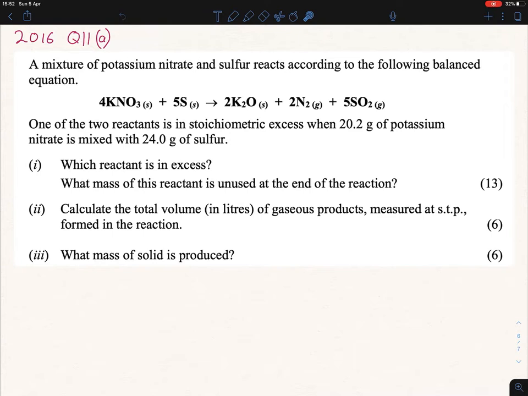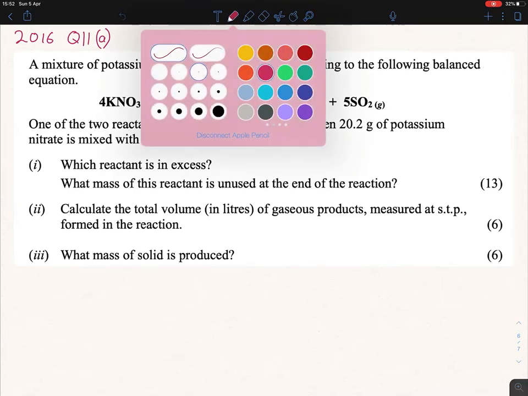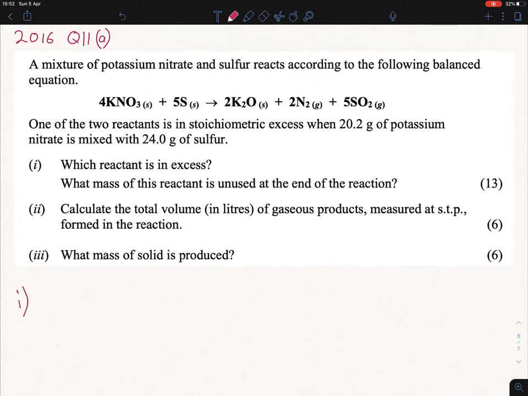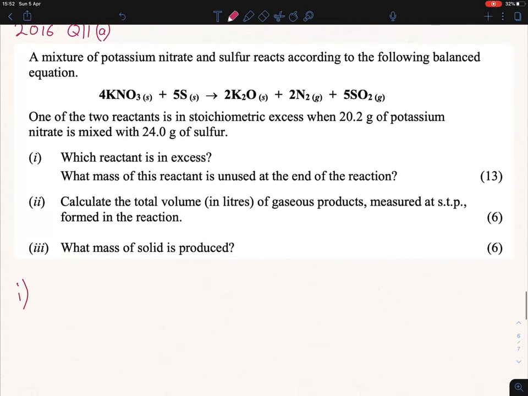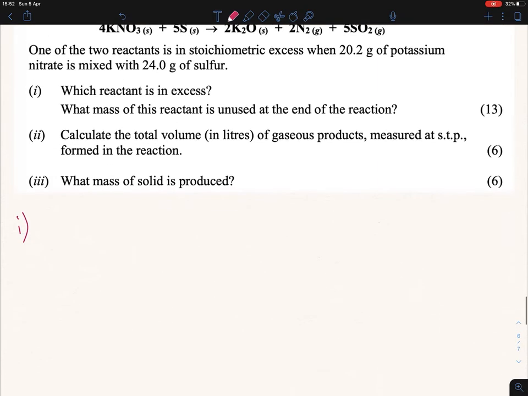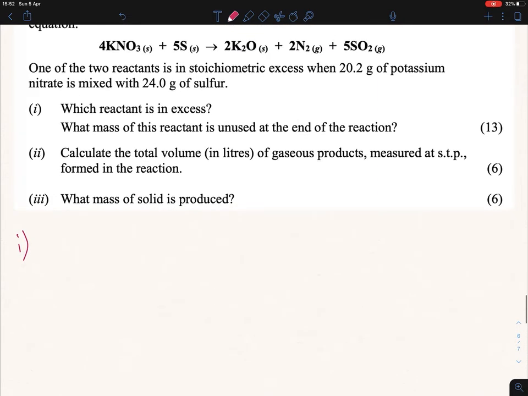Now, don't fall for the trap that just because sulfur there has more grams that it is going to be in excess. Okay, that's not what determines this. So how we determine that is we go to part I, which is in terms of number of moles. So you're actually going to carry it out like you're doing an empirical formula. Okay, so let's write out your KNO3,